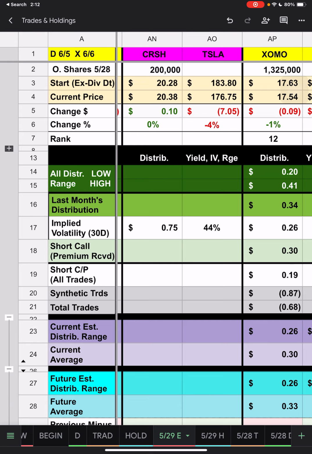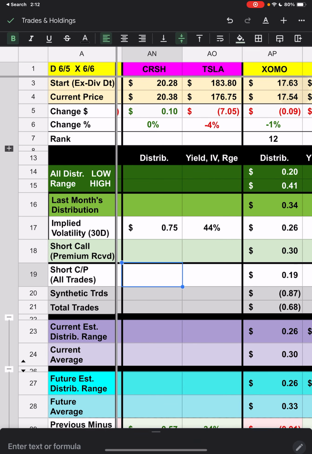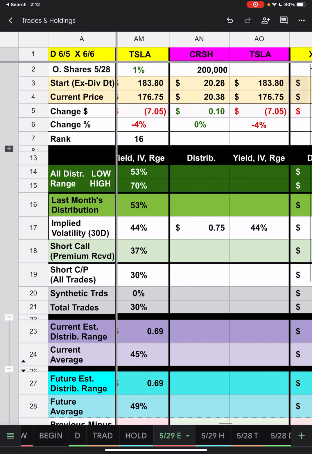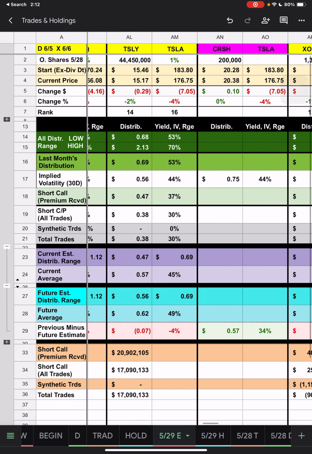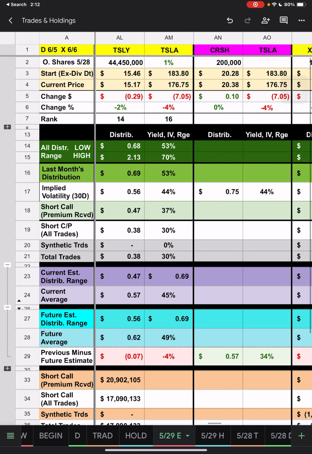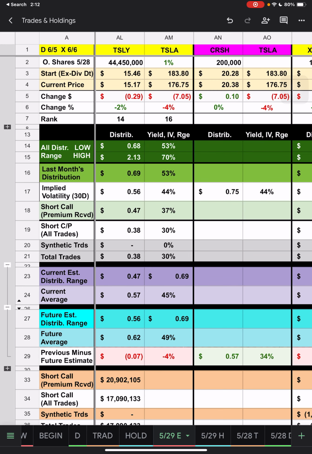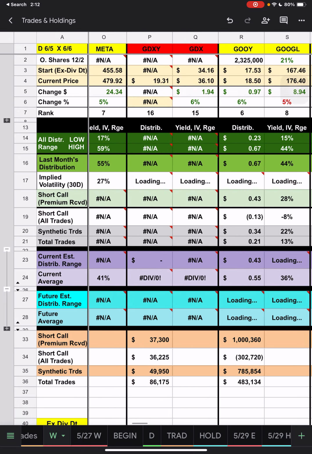And I don't even know why this data isn't here, because it was here. I don't know why it's blank now. I'll tell you, I had this at the end, and then I moved it to the front to be in alphabetical order, and then I decided to put it side by side with Tesla so you could look at them side by side. But now the data's not there, so let me go to the regular one and see if the data's there.